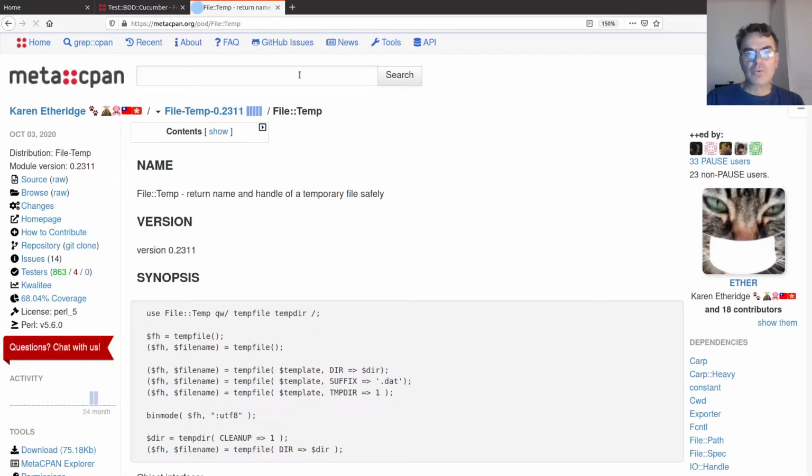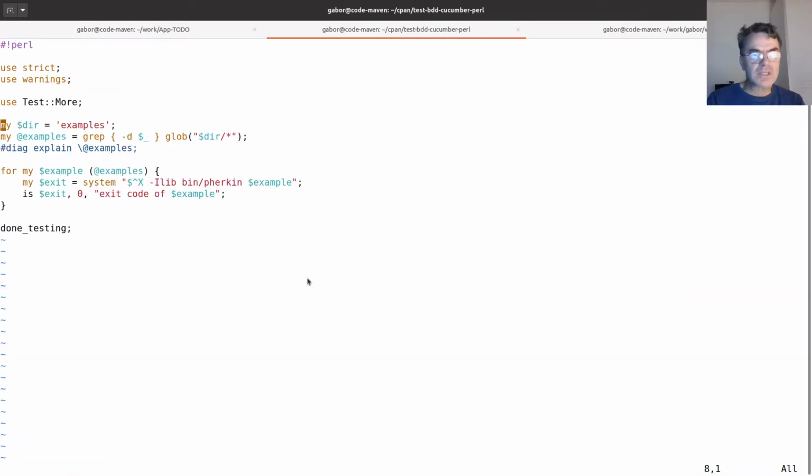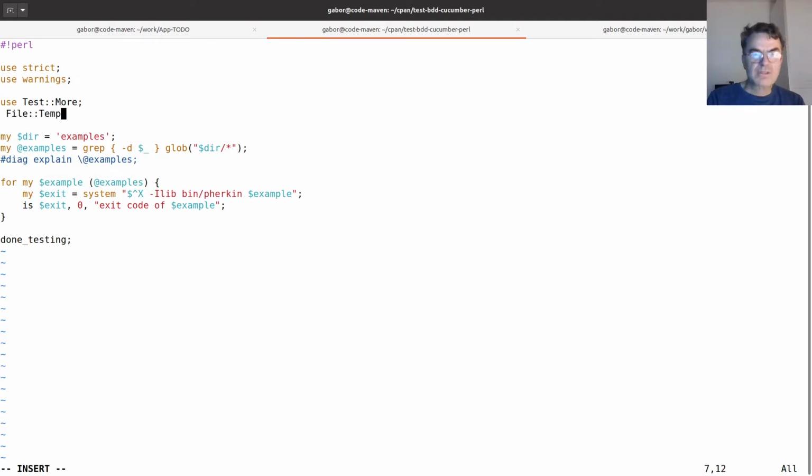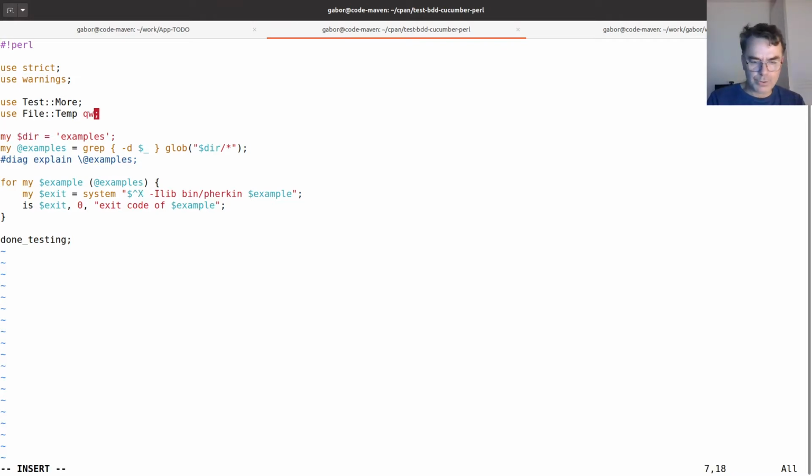This is the name of the module, File::Temp, and it comes with Perl, if I'm not mistaken, right? So I can use this one, use File::Temp, then I create a temporary directory. I need to import the tempdir. Okay, so I import qw tempdir,